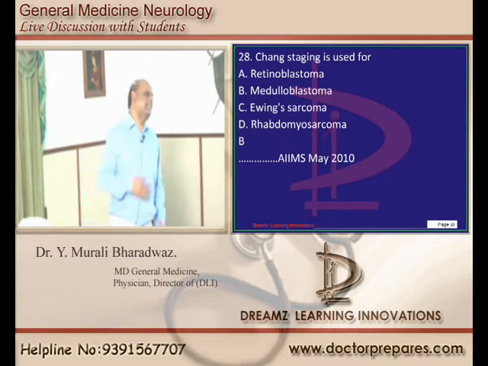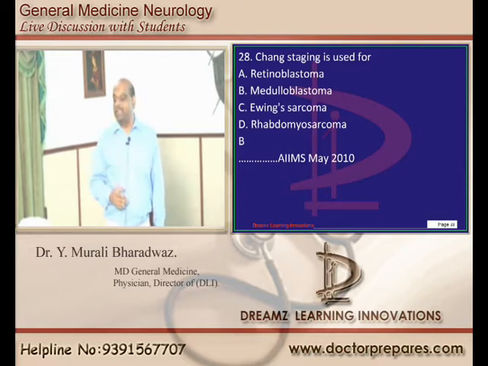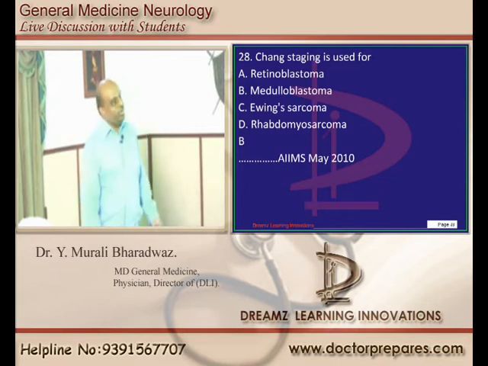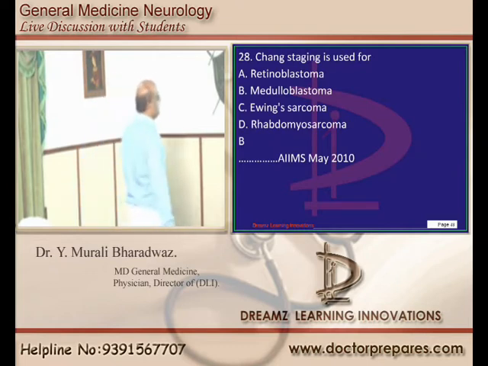If you say, no baba, I can't read this, rapid sand filter, sanitary latrine, different types, insecticide classification, you are gone, doctor. You are no more in the game. Those things you should read with passion. And renal tubular acidosis also you should read with passion. That is important. There should not be any hatred or too much attachment and love for anything. Typical Bhagavad Gita. Now comes the Chang staging system.